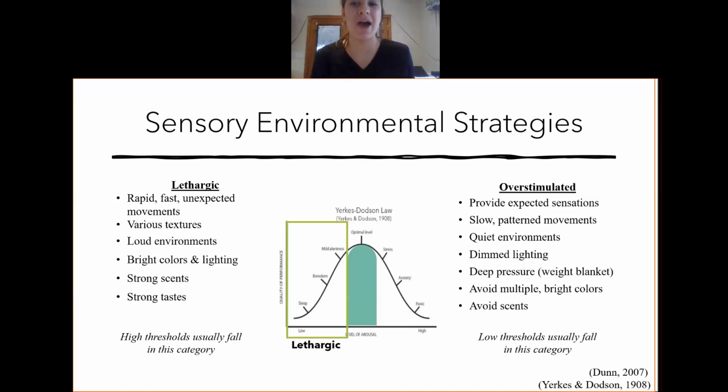Going back to the sensory patterns, individuals who have a high threshold tend to fall into this category, which are seekers and bystanders. So for seekers, again, these are the ones with a high threshold. They need a lot more sensory input to fill their bucket. For seekers, adding in this type of sensory input can help them receive the needed input that they crave,